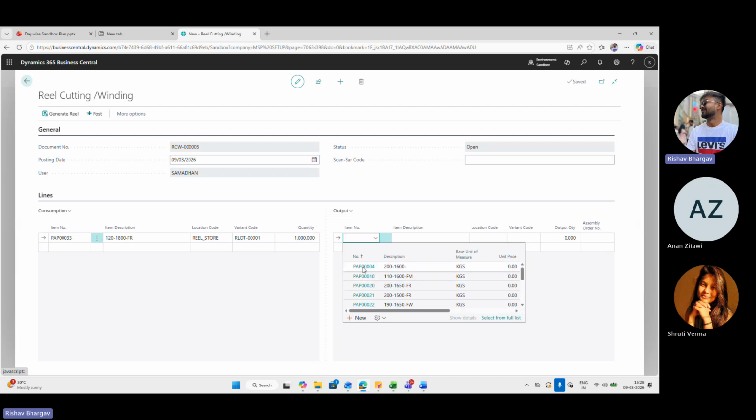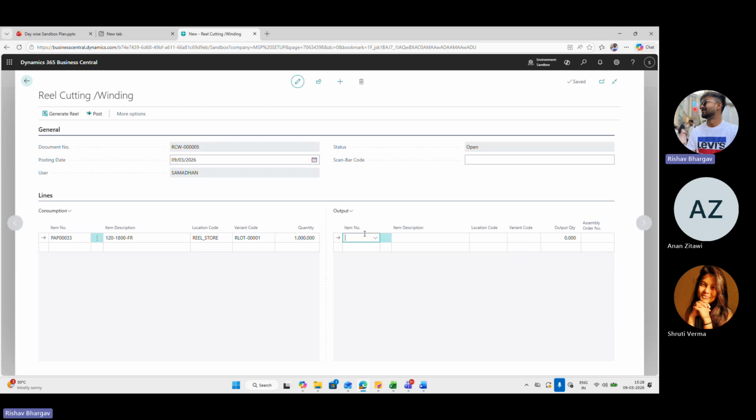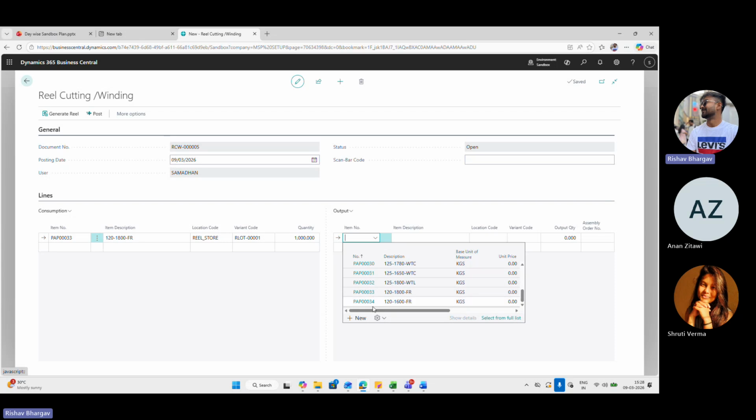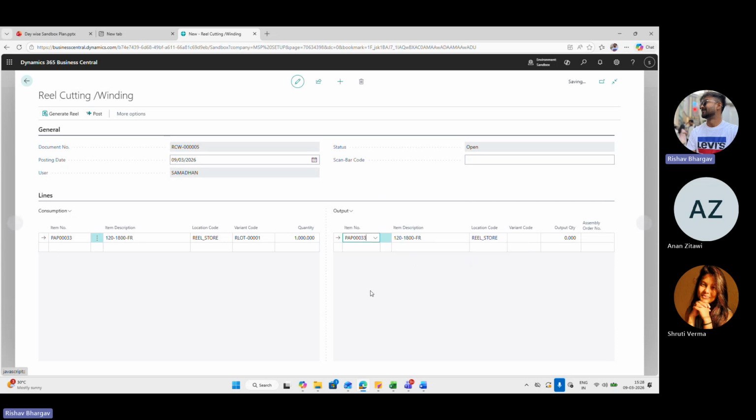By cutting it, and for the output, if we are selecting the same paper, we change the quantity, it should be 500 quantity.